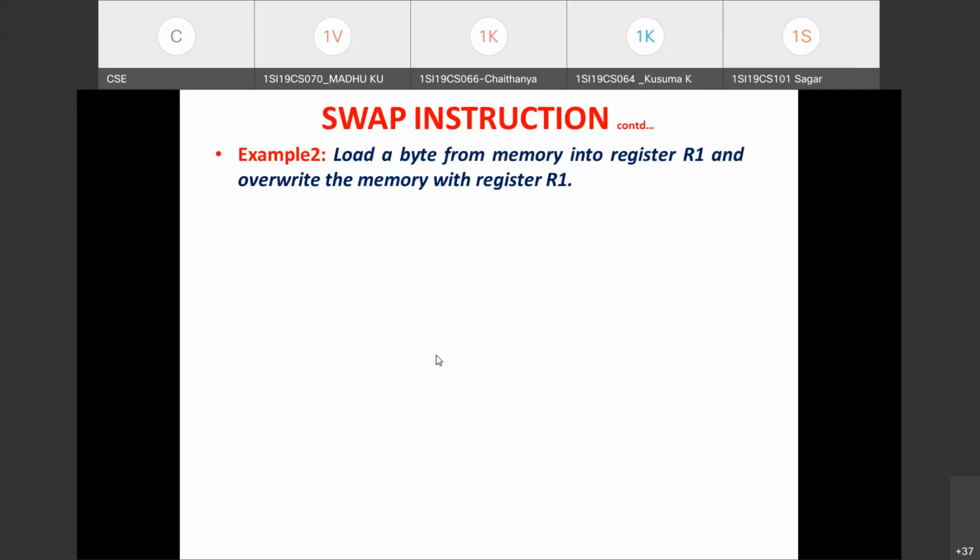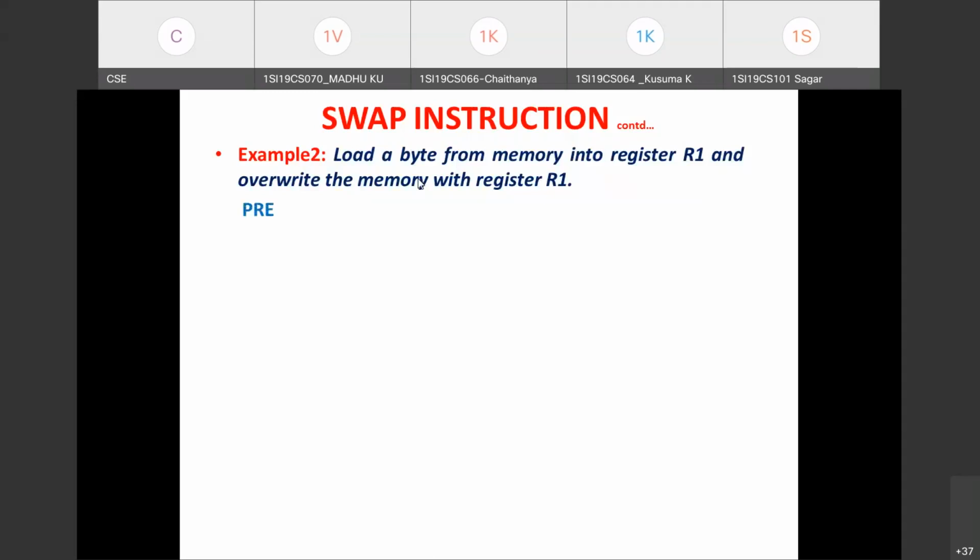So what can be the swap instruction? As per the question, it is the byte operation we have to perform. So SWPB is the mnemonic you have to consider. SWPB is the complete mnemonic. Then the source and destination operands are the registers R1, R2. So R1 comma R1 comma you have to specify, and then you need to take a pointer to the